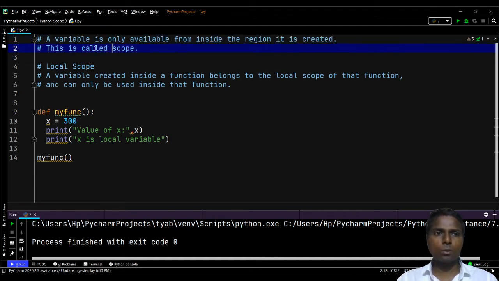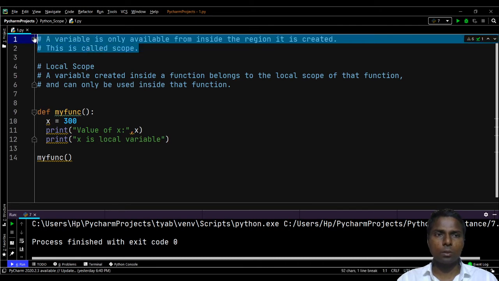So this is called scope. Once again, I'm reading: a variable is only available from inside the region it is created. From where we create it, at that point only it is available.